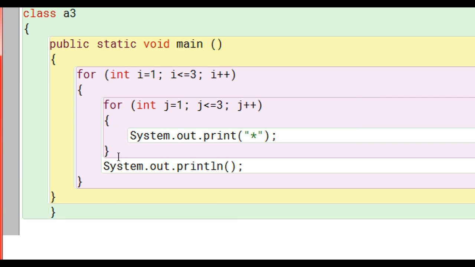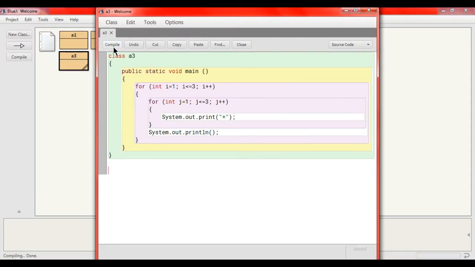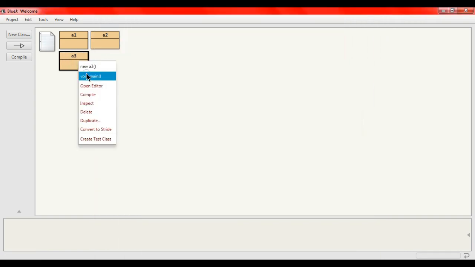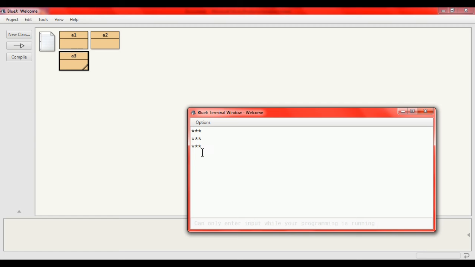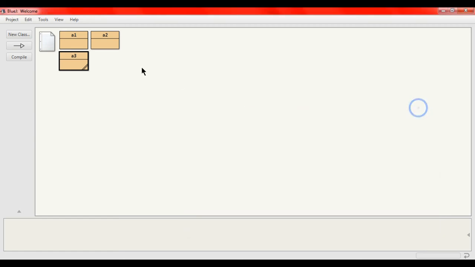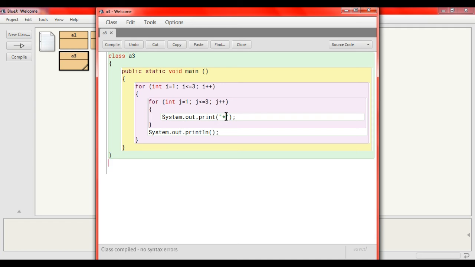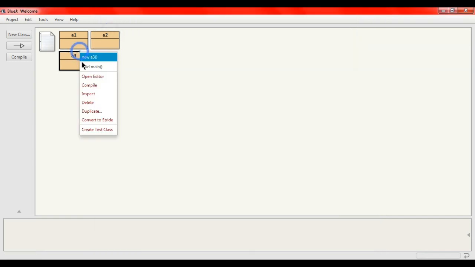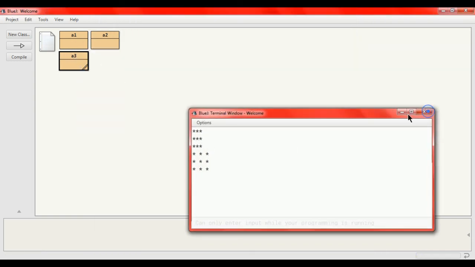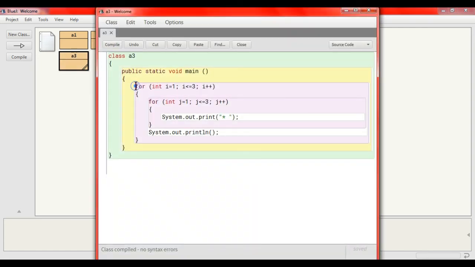This is the program, and if we run it, it is compiling. Class compiled, no syntax error. And if you give one space between the asterisks, here we have to give one space bar, and compile again, no syntax error. Oh sorry, we have to clear the